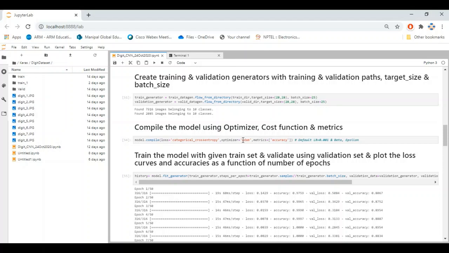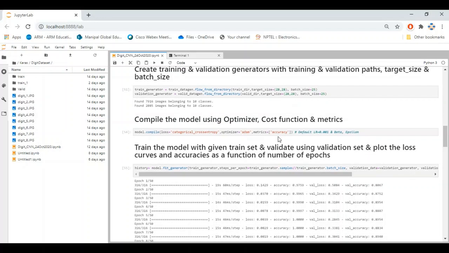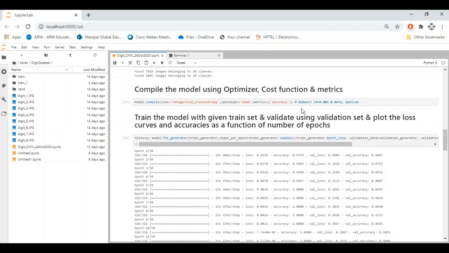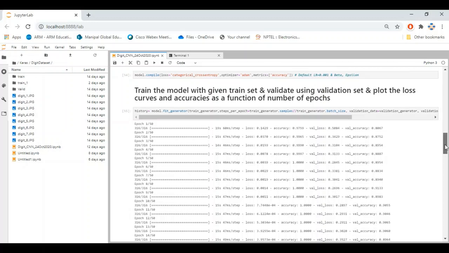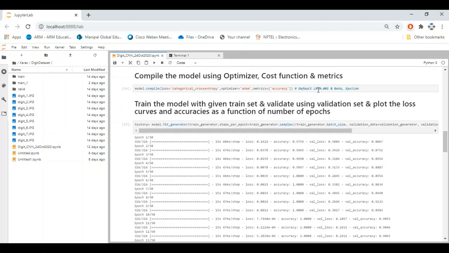There are other optimizers also, like gradient descent or RMSprop, etc. And then we have a metric that is used to measure the performance of the model. So we use accuracy for that. So we get the training accuracy and the validation accuracy.